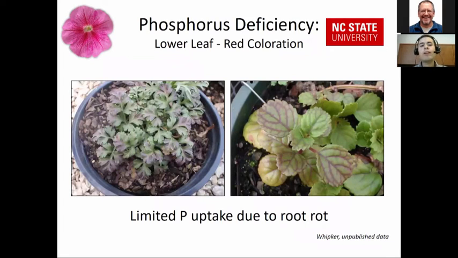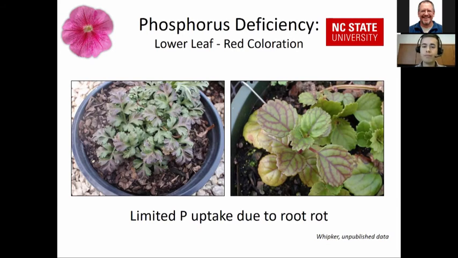But it's important to know that you may be supplying phosphorus to the plant and still see symptoms of phosphorus deficiency occur. And one of the reasons for this is that you may have limited phosphorus uptake due to root rot, which is the case in both of these photos here. So you can see when you're applying phosphorus, even though there may be enough in the substrate, if the roots are unhealthy, they're not going to be able to take up enough phosphorus,